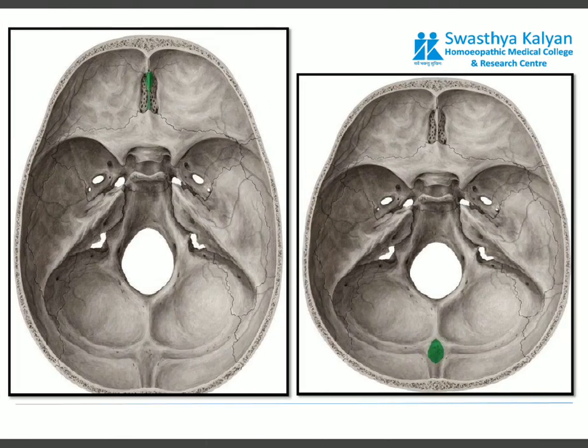So this is the view of the interior of the base of the skull, and in green here is the crista galli, which is part of the ethmoid bone. So anteriorly the sinus begins from this crista galli, and posteriorly this green dot is the internal occipital protuberance. So it begins from here and it ends here,